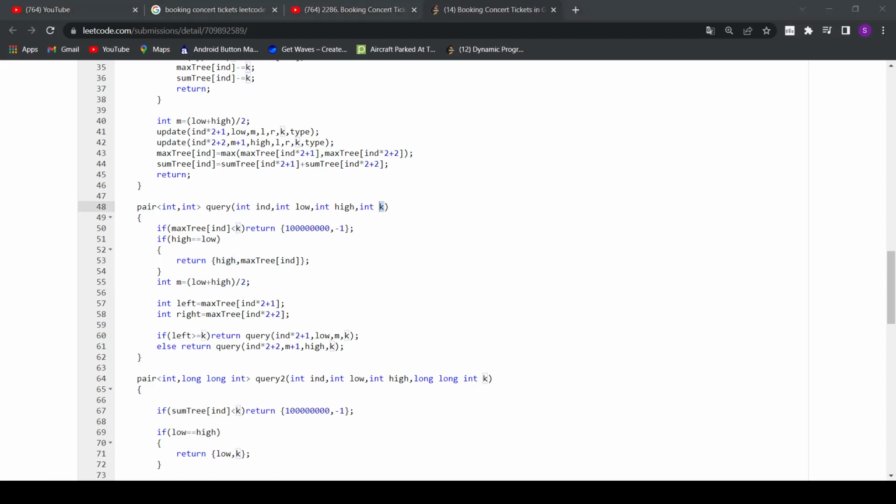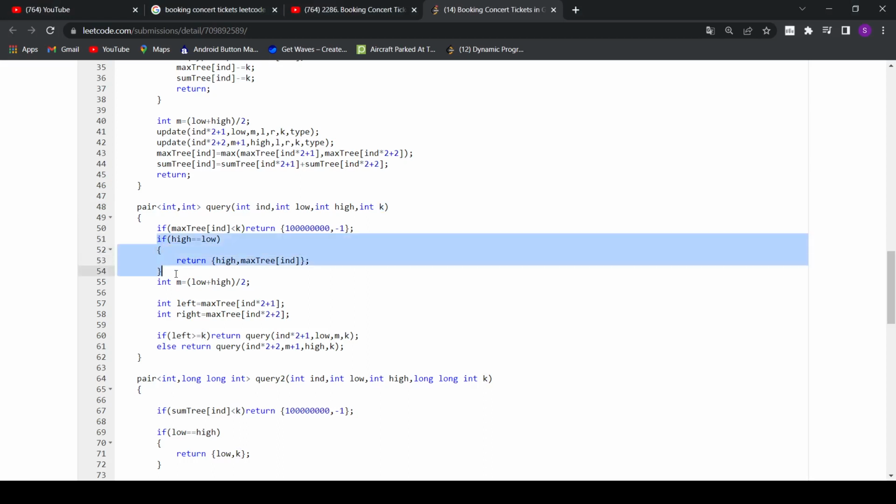K means the required seats, and in this function I just search for the leftmost index whose value is greater than or equal to k. If I don't find any index, I just return a huge value,